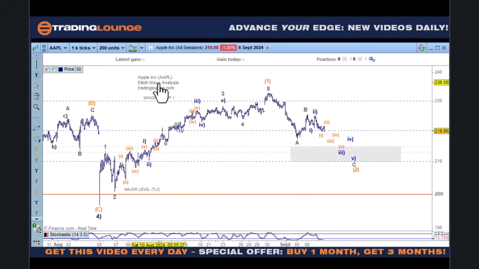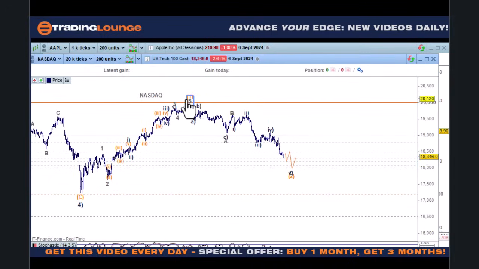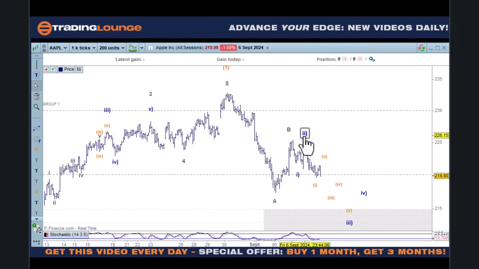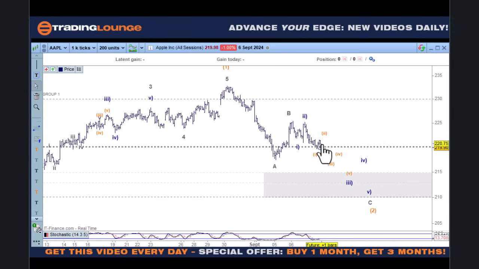So Apple's quite simple. We've also got wave 4 here. We're on the intraday here on 1,000 ticks. So we've got wave 4 here and wave 1 to the upside. This pattern here is the same as the NASDAQ, looking at wave 1 up here and looking back for wave 2. So in this case, we can look at this as the A wave, the B wave here, and then 1 and 2 in here. And I was thinking that 1 and 2 and 3, 4, 5 for the 3rd, 4th and 5th. So a bit of a journey to play out here, down into the 210 area here.